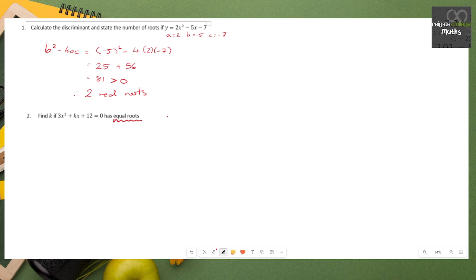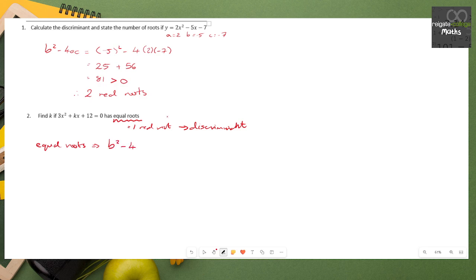It says equal roots, so it means 1 real root. The fact that we're told something about the number of roots means that we need to use the discriminant. So in a bigger exam paper context, that's a big key thing that you look at to go, right, this is a discriminant question. So we know that we've got equal roots,